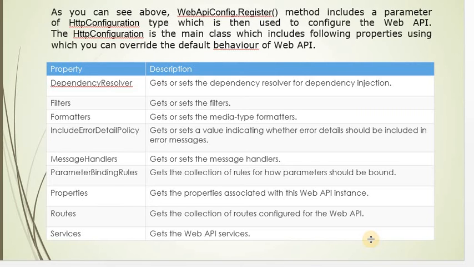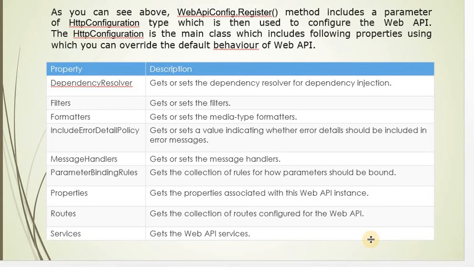Then Filters, used to get and set the filters. Formatters, get or set the media type formatters. Then IncludeErrorDetailPolicy, used to show the errors. Then MessageHandlers, used to get the message handlers.